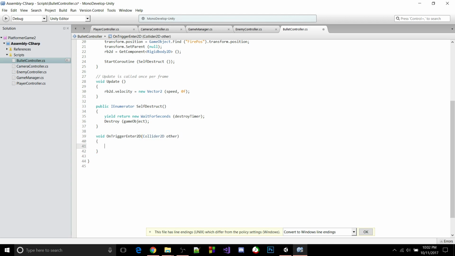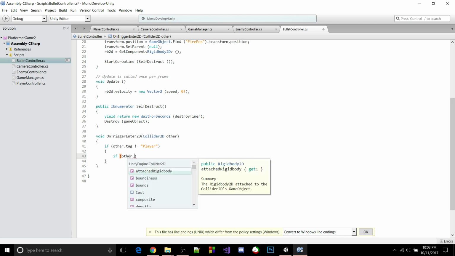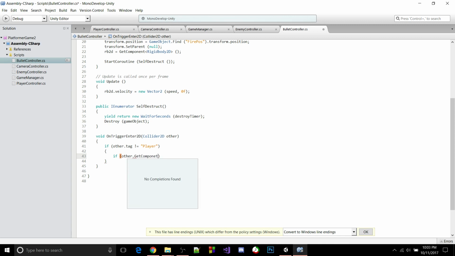So if other.tag is not equal to the player, because we don't want to hurt the player, then if other.GetComponent EnemyController is not equal to null. So if there's no enemy controller, and if there is an enemy controller,